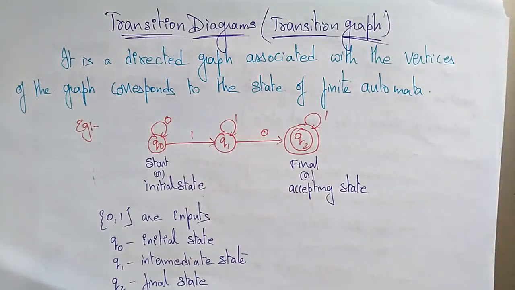Students, welcome back. Let's continue with this finite automata. I said the finite automata can be represented in graphical, tabular and mathematical forms. The graphical form is a transition diagram, tabular is a transition table, and mathematical is a transition function. So these will be included in the finite automata.